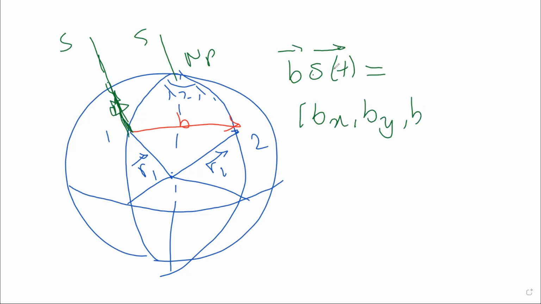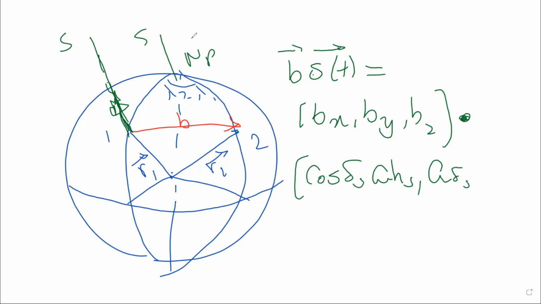This is an inner product. And the unit vector pointing to this celestial ray is cosine delta S, where delta S is the declination, cosine HS, then cosine delta S sine HS, and